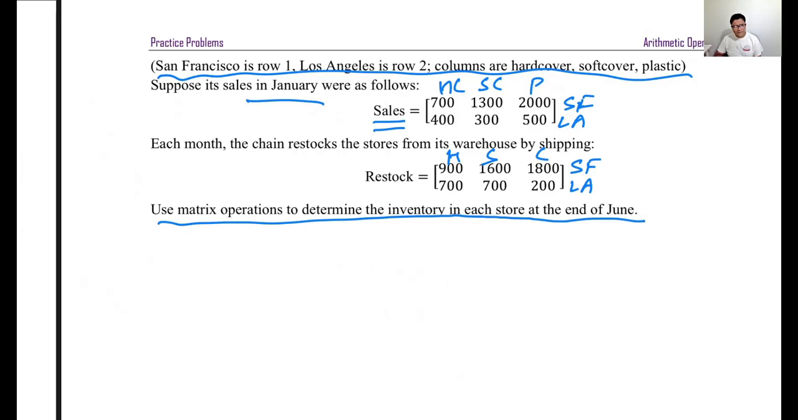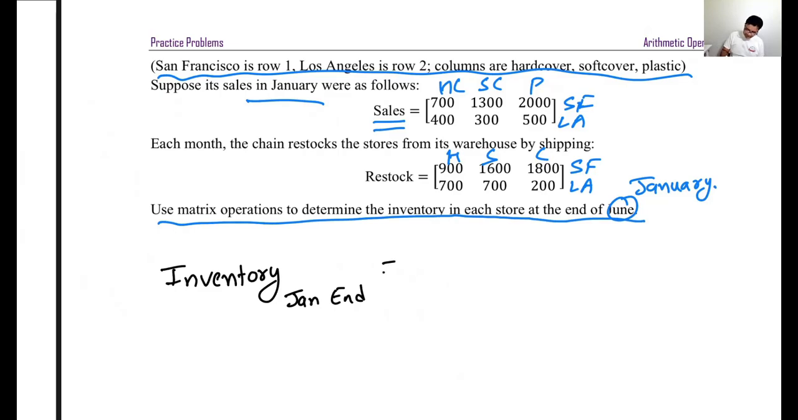Should that have been January? Yeah, there was a typo there. At the end of January. Think about how you compute that, and then check your work with me. And my answer is this: inventory at the January end